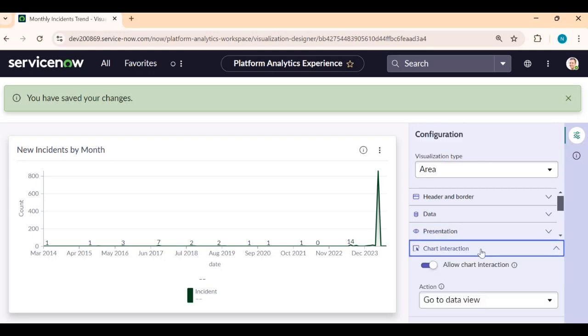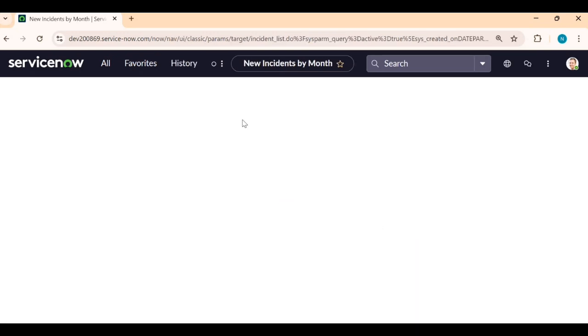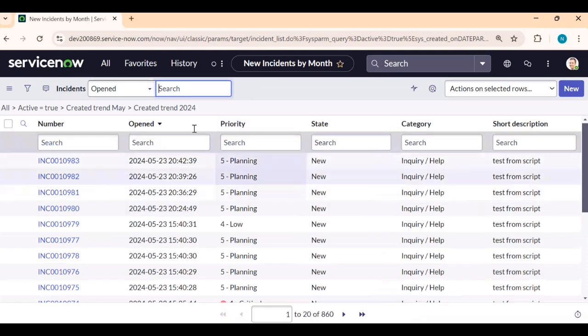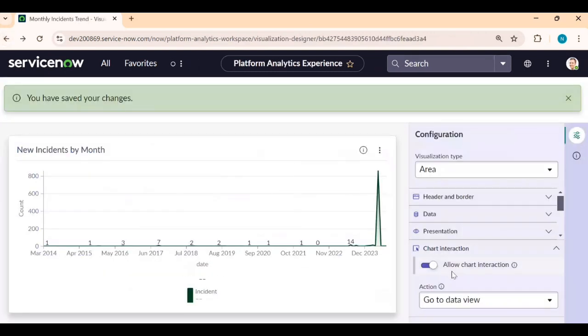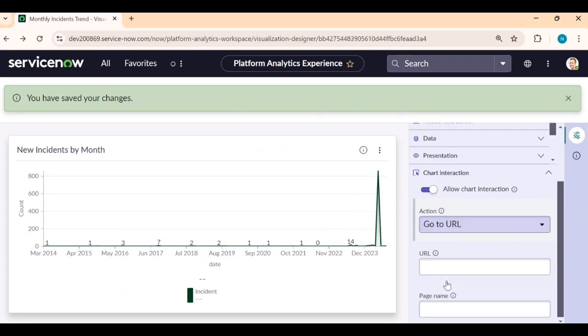So if I click on chart action, okay, allow chart interaction. For example, if I click on this one, it will redirect me to, okay, incident data. Go back. Okay, go back. Let me save it. Okay, if I did not save,